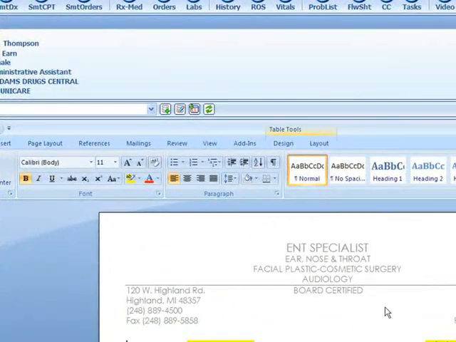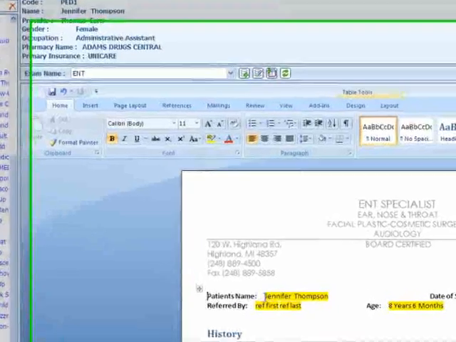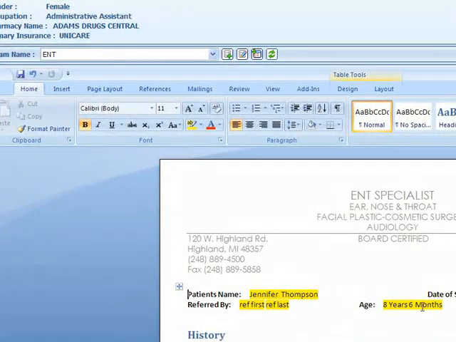This is inserted as if it's your typical letterhead. So if you have letterhead that you use in your practice today, or templates that you use in your practice today, it's as easy as importing this information in through Word. So it is typically Word, and then what you see here are these yellow areas, which are what we call data dictionary items. Data dictionary items, or liquid links, actually pull in the patient's information, like their name, their age,